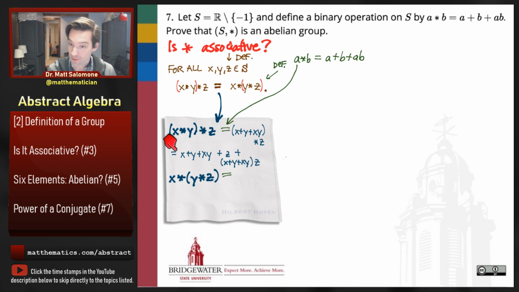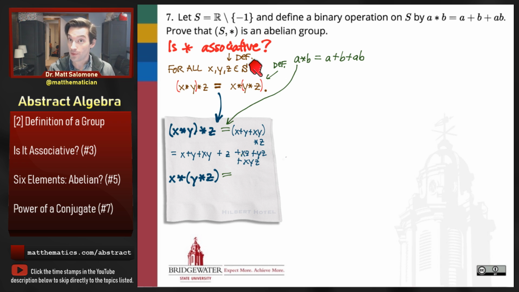Because all of the arithmetic now is familiar real number arithmetic, we can take for granted things like the commutative, the associative, the distributive properties inside of the set of real numbers. And so now we can just distribute this z, and what I end up with when I do that distribution is xz plus yz plus xyz plus xyz. So that's what I get when I simplify this expression on the left-hand side of this equation that